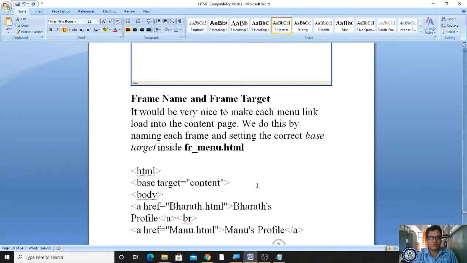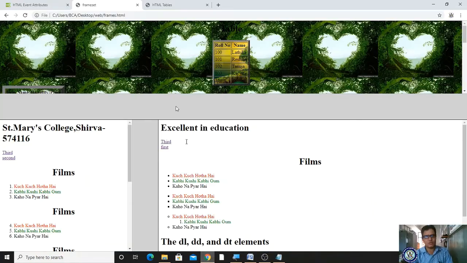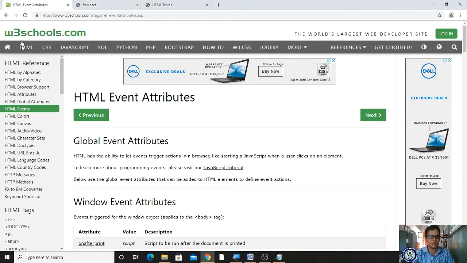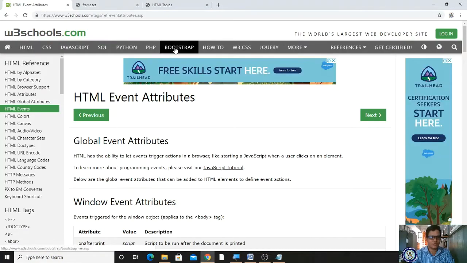Okay, now frame name and frame target. This is one of the very important concepts we have to understand, right? Frame name and frame target. For example, please observe here, I'm taking W3Schools. Here it is divided into one frame row and two columns, row set, col set. Got it?